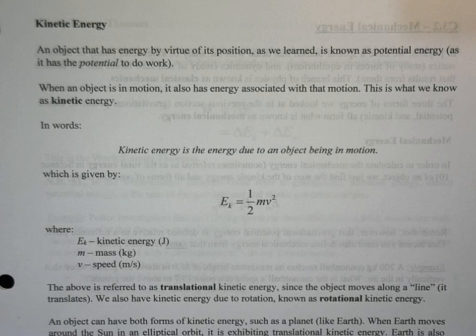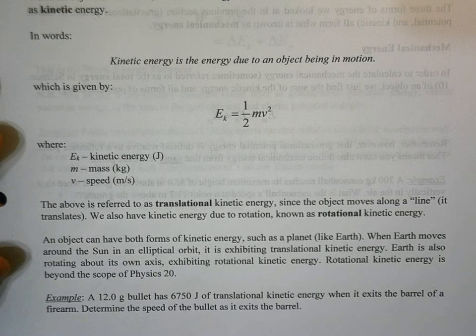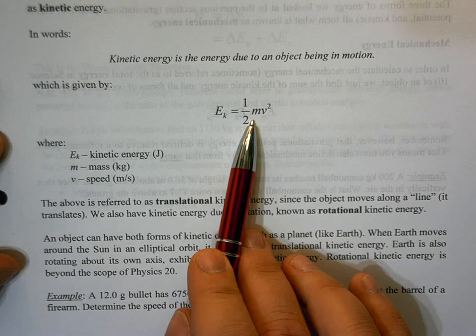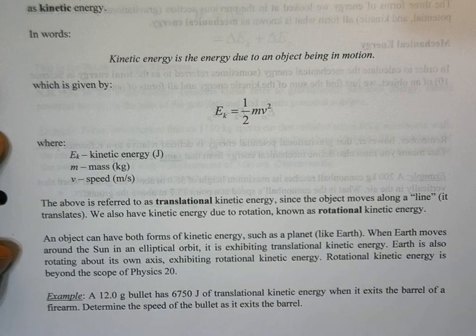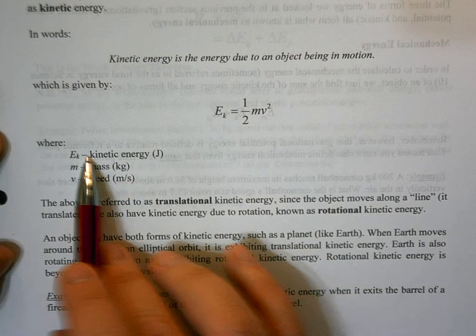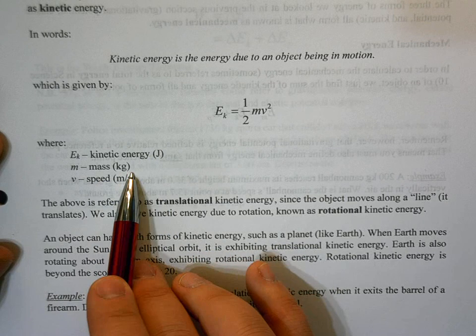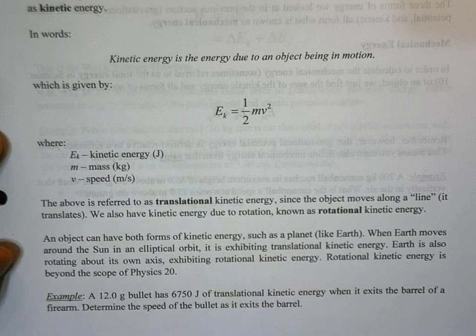So kinetic energy has a nice sweet definition. It's just the energy due to an object being in motion. So it doesn't matter if it moves really fast or really slow. As long as it's moving, it has kinetic energy. So the equation that you learned in Science 10 for kinetic energy is this: EK equals 1/2 mv squared. So EK is our kinetic energy in joules, mass has to be in kilograms, speed's got to be in meters